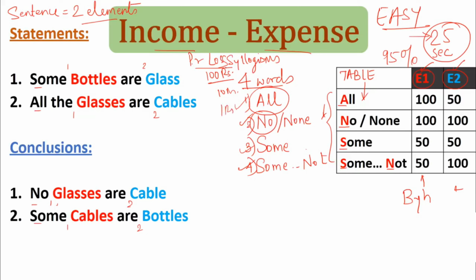So here let us assume that we take money as 100 rupees. When we have everything, we take 100 rupees. When we don't have anything, we take it as 50 rupees. So we are taking two amounts. I'll write it over here: 100 rupees and 50 rupees. These two amounts we have assumed. Now let us start writing or filling the table.